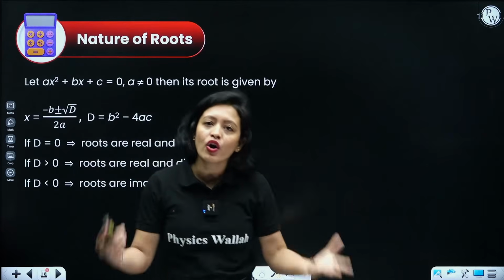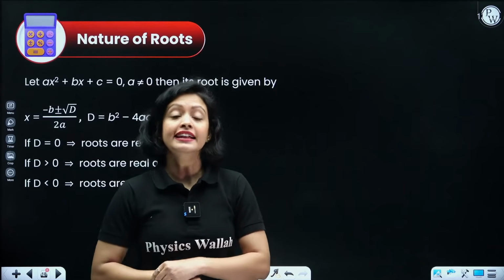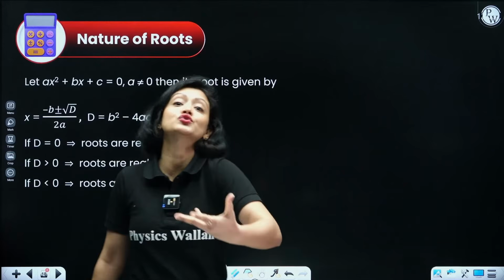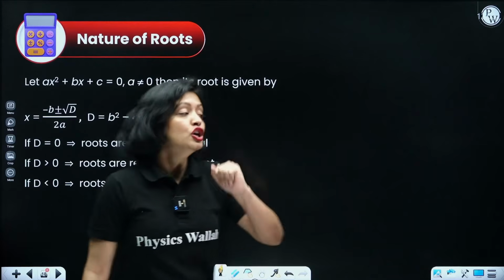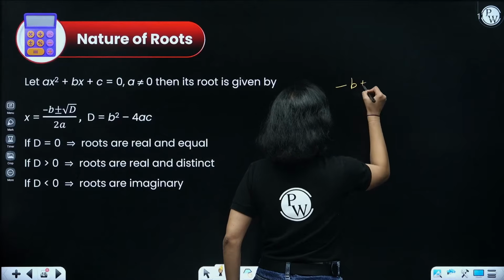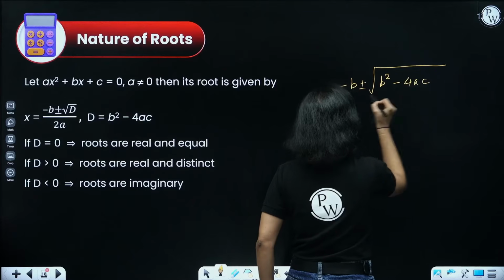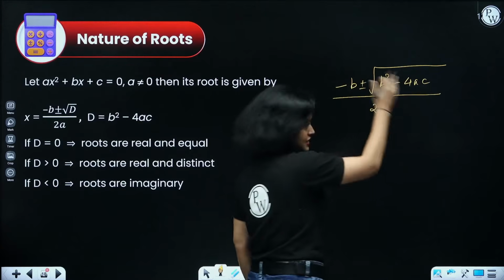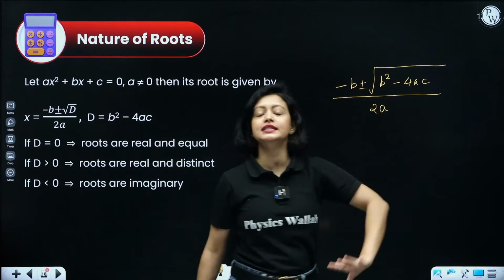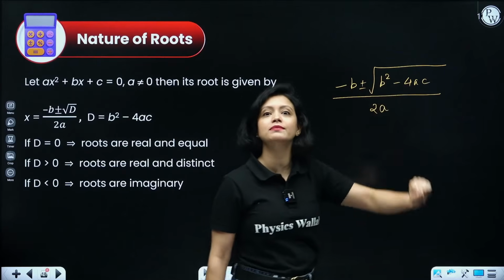So see, everyone, we have already discussed that a quadratic equation will have at most 2 real roots, right? Now we are going to go in depth. We are going to see how we will know what kind of roots a quadratic equation will get. So first of all, guys, do you remember the Sridharacharya formula that we just studied? Minus b plus minus under root of b square minus 4ac over 2a, right? This gives us the roots of the equation. Now, let me ask you, what happens if b square minus 4ac becomes negative?